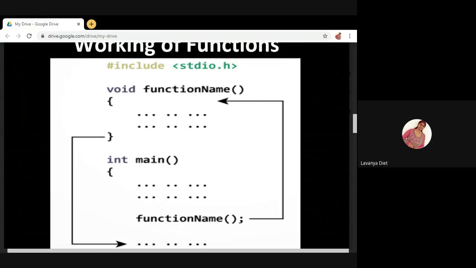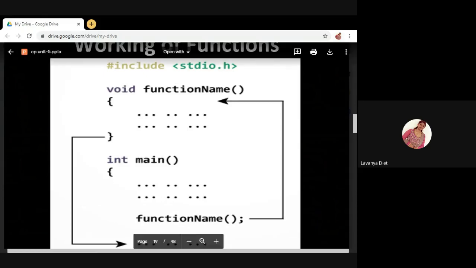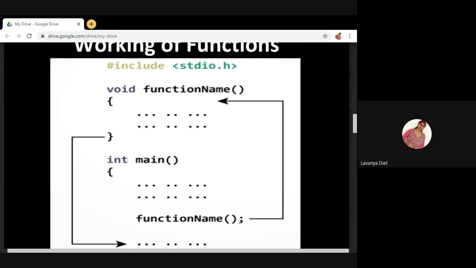Here, this function is defined before main. Remember, if a function is defined before main, no need to use a function declaration. I have defined the function before main, so I didn't use the function declaration.